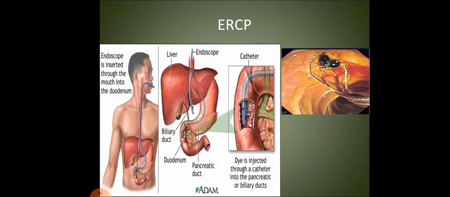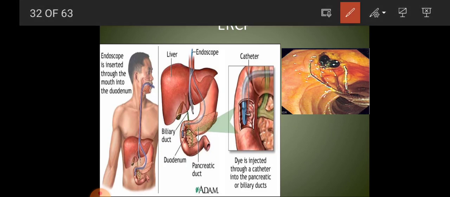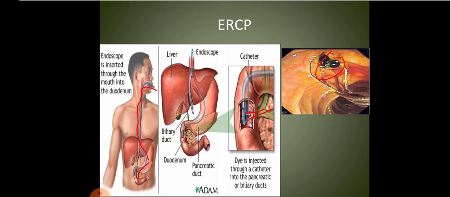So this is the ERCP diagram to show you how ERCP is functioning. So here we can see this is the endoscope entering into the stomach and then into the duodenum. Then it is entering into the duodenal opening of the pancreas. This is the camera in front of this probe.